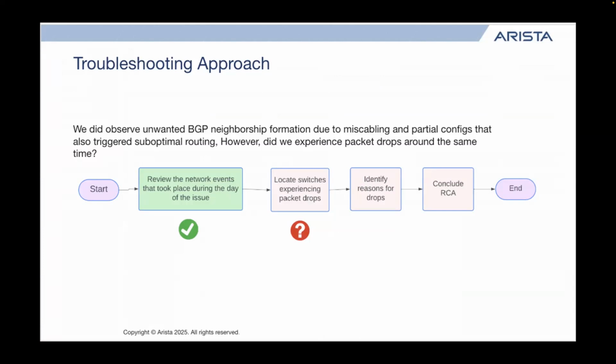Since any change in routing or the suboptimal routing that we see here should have caused a blip, and that is something that the customer also observed. But when the routing had changed, the flow got rehashed, we shouldn't have been seeing any performance issues. But since the customer had also mentioned some packet drop events that took place on the network, let's take a look at the dashboard that we looked at earlier and see if there were any packet drops which were reported on any of the leaf or spine devices.